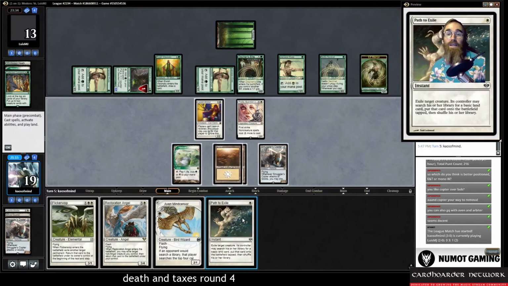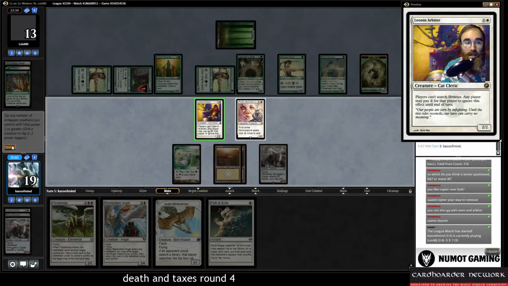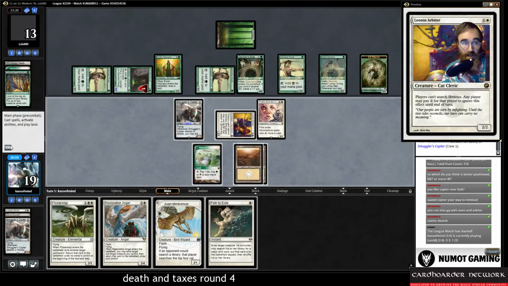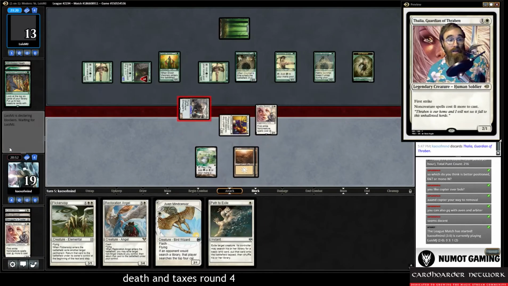Path. I suppose I want to path the Devoted Druid. So that makes it so they still can't cast Coco. And if we draw a land here, we might change up what we're doing. Another Thalia is definitely the discard. Alright,